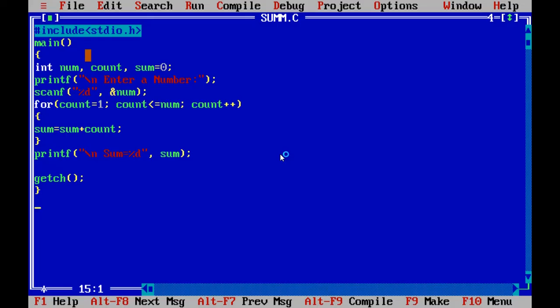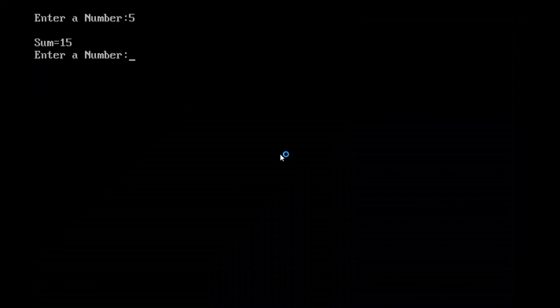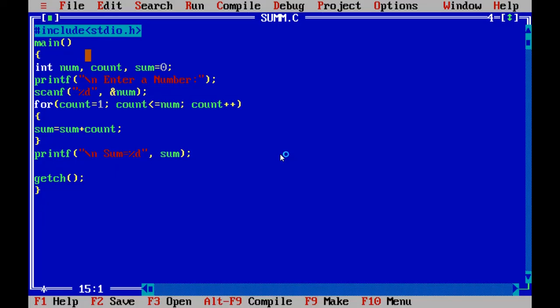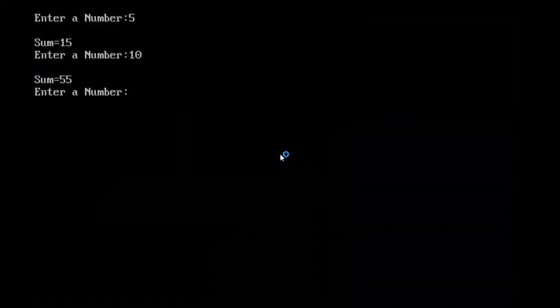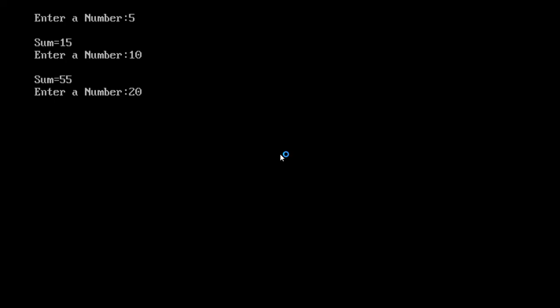Again we will run the program. Enter a number, 10. Yes, the expected output has come. This is the program to find out the sum of first n natural numbers. Again I will run the program. If I enter 20, it will add the numbers 1 to 20.